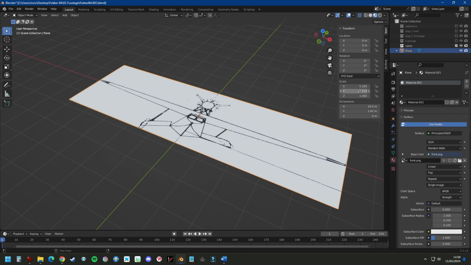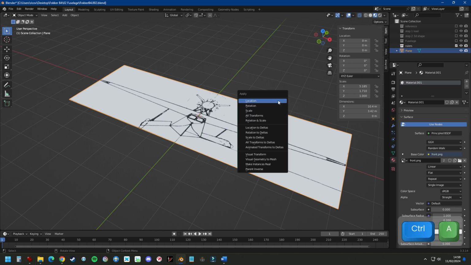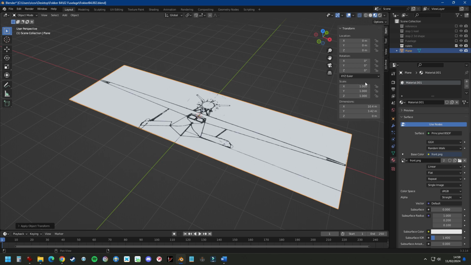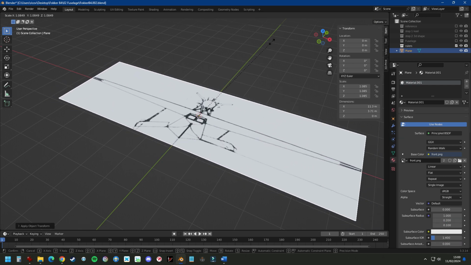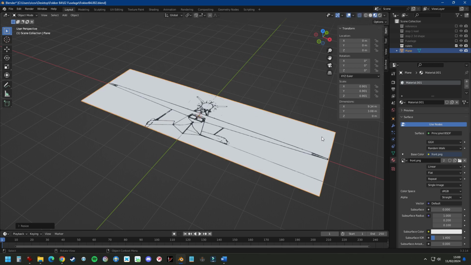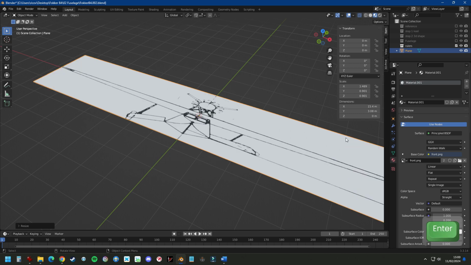You can see here scale is no longer 1, so I'm going to press Ctrl A and then scale, and that resets the scales to 1 for all dimensions. So now I can scale everything up and down until it fits. So we know the wingspan. Let's have a look in my notes here. The wingspan for this aircraft, we're going to build the original with the universal wing first, is 15.44 meters. So if I type here 15.44 meters, that works, but now